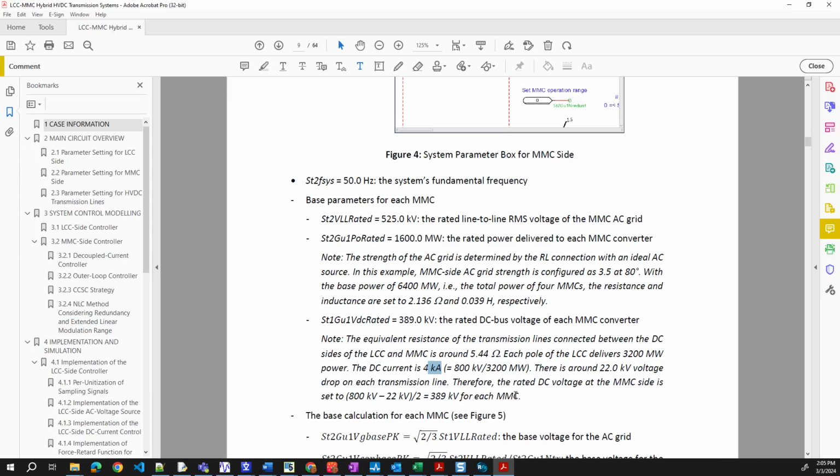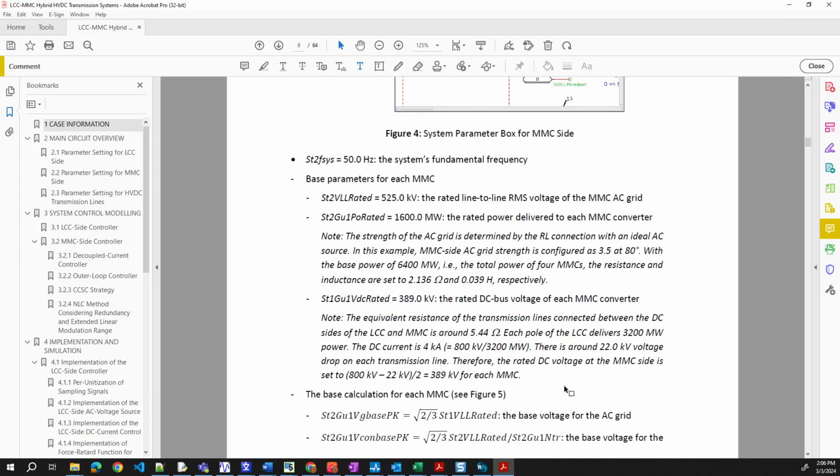You have to consider that this voltage drop will be a different value if the power delivered is not at this value. 22 volts can be a small number or a large number depending on power.